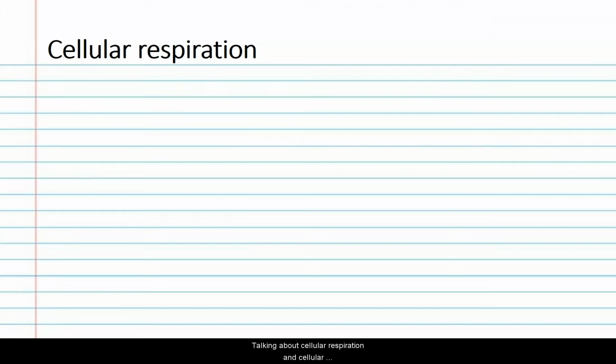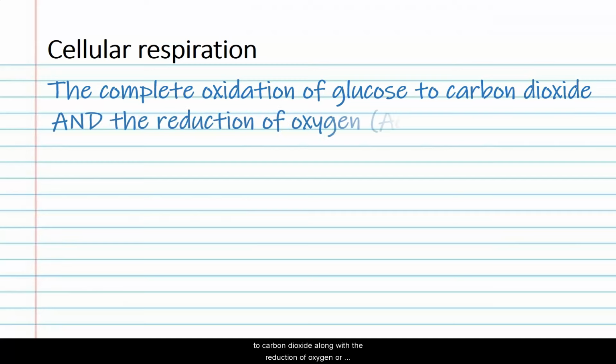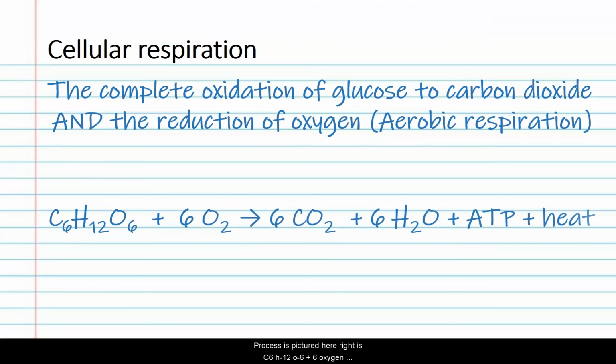We've been talking about cellular respiration, and in cellular respiration we have the complete oxidation of glucose to carbon dioxide along with the reduction of oxygen or other electron acceptors, right? That is our respiration. And the formula for this process is pictured here, right? You have C6H12O6 plus 6 oxygen molecules, then yields 6 carbon dioxide, 6 water molecules, and then some energy in the form